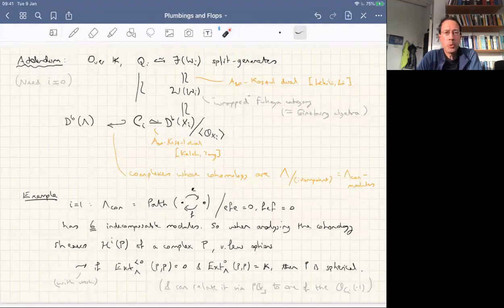So why is this useful? Well, for arguments that go back quite a long time, if a symplectic topologist came, just one fine day, across a manifold like Wi, a plumbing of cotangent bundles, they would understand that to analyze exact Lagrangian submanifolds, what you should do is think about this and try and understand the wrapped Floer cohomology of the cotangent fibers to these basic Qi's. So the things that sit here, the non-compact Lagrangians,